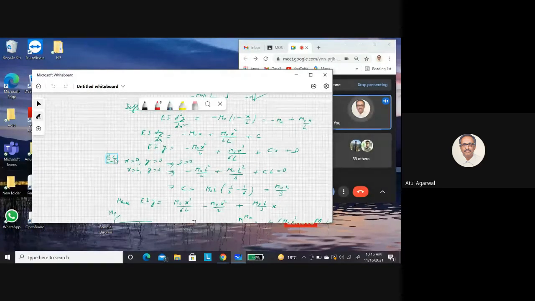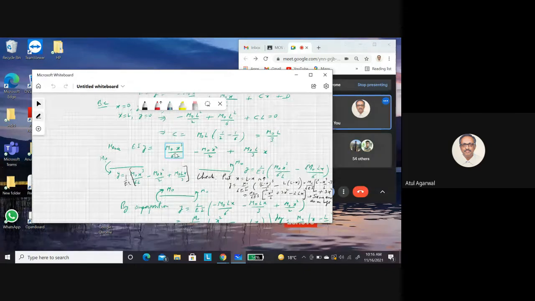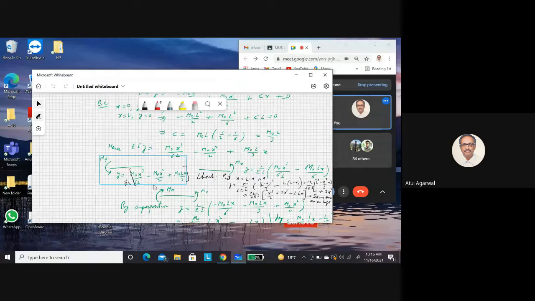Now what are the boundary conditions? It's a simply supported beam. So you get deflection at both the ends is zero. You use that. It's a second order differential equation, so you need only two boundary conditions to find the constants C and D. So the first boundary condition gives you D is equal to zero. The second boundary condition gives you the value of C. So you get your deflection curve. So this is your deflection curve.